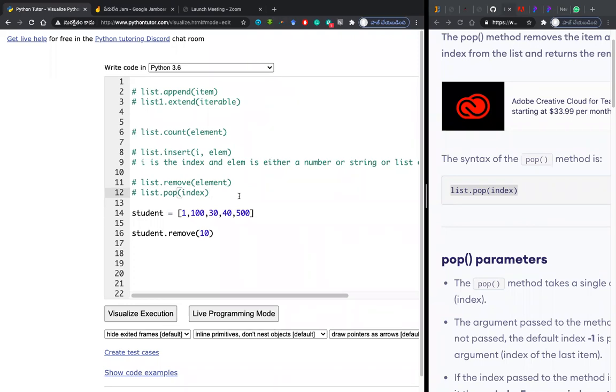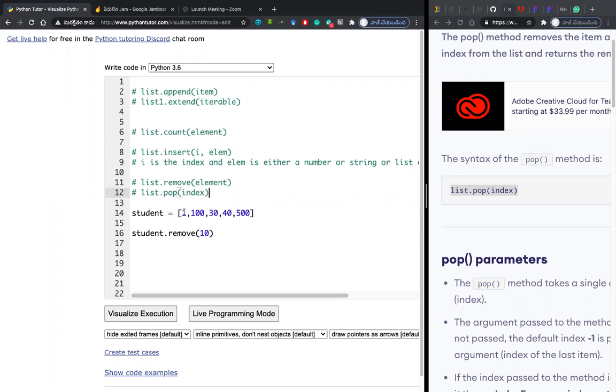So somebody might ask me that, sir, what is the nature of element and index? Why should the difference be there? The remove and pop are doing the same thing. Why do you need an index or an element? You can keep at least one. Okay, for example, I can say that I know only the indexes. Okay, I will give some example.